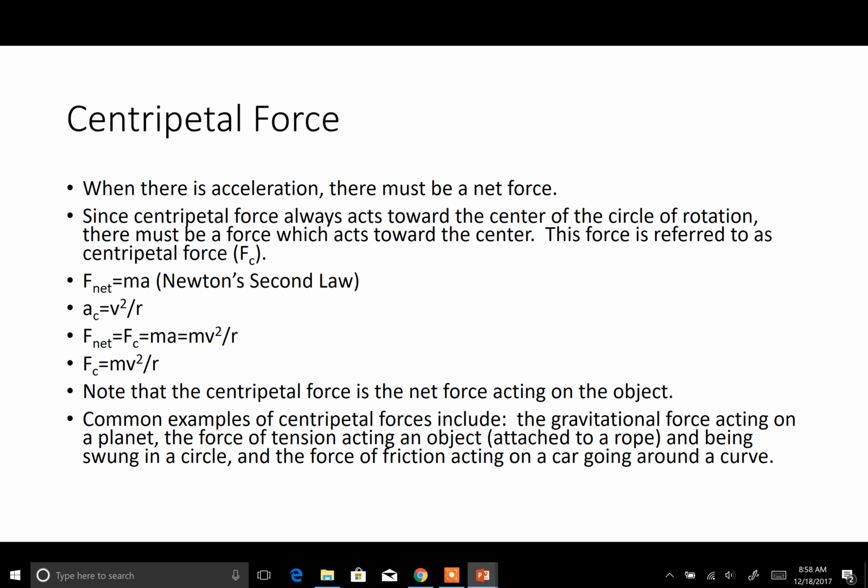Again, centripetal force. When there's an acceleration, there must be a net force. When there's centripetal acceleration, that net force is a centripetal force. It's oriented toward the center of rotation. Here we have Newton's second law, F net equals ma. We've already established that centripetal acceleration is equal to v squared over r. So we can combine these two equations, substitute v squared over r for a, and we end up with this